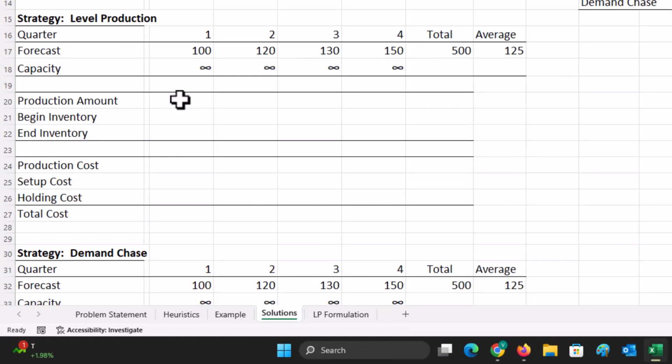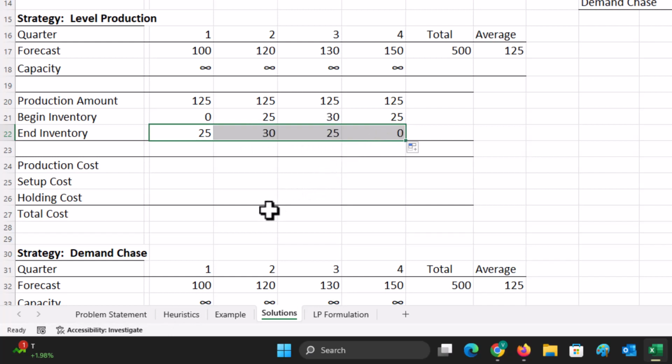So for the level production strategy, we're going to produce in every period the average amount, which is 125, 125, 125, and 125. So similarly with the above process, we look at the beginning inventory. The end inventory is going to be the beginning inventory plus the production amount minus the demand, and we can go ahead and use the beginning inventory in this cell, which is equal to end inventory of the previous cell, and we can copy the formula all the way here, and we can copy the formula here,